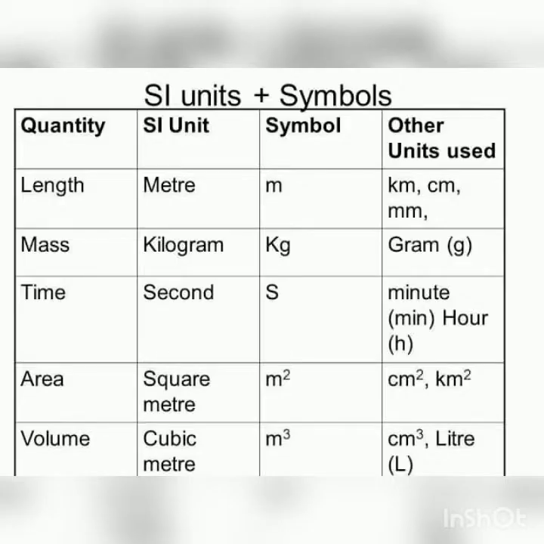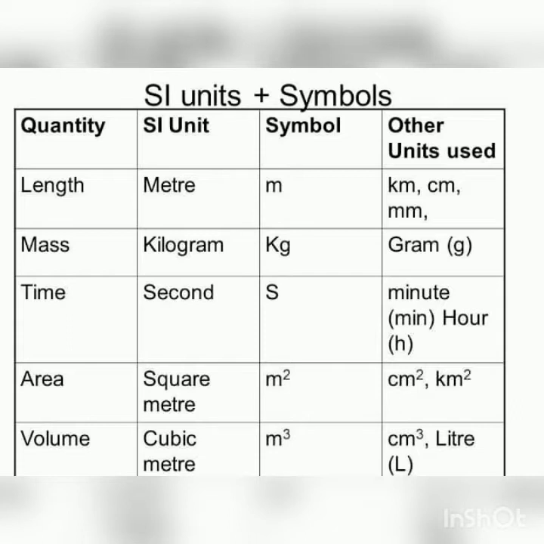Now, in our day-to-day life, we use so many quantities like length, mass, time, area, volume, weight, etc. in order to do measurement. For example, if you want to buy some clothes, you always measure them in length and use the unit meter. If you want to buy some fruits or vegetables, you always use the unit of mass or weight and you express it in kilograms, dozens, etc. In order to measure time, we always use the unit second.